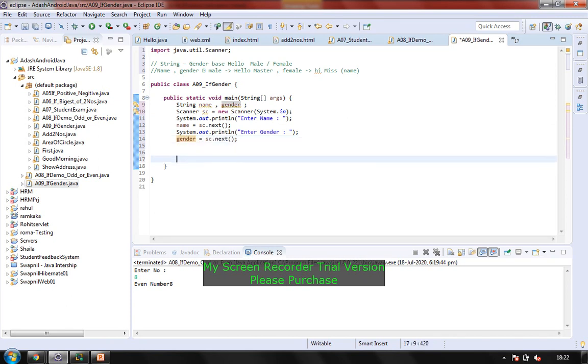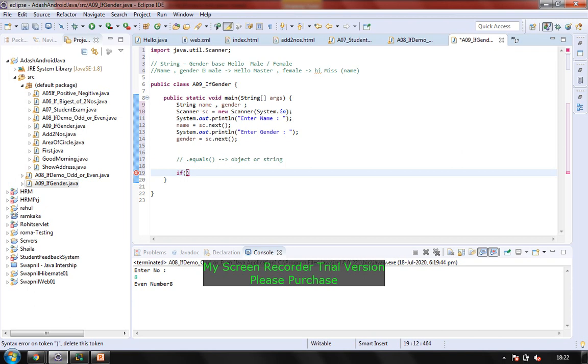Now the thing is that when it comes to comparing strings, we have to use a special method, that is dot equals. This is very important in the case of objects or strings. So how to use it now? See, I'll be using the same if condition.